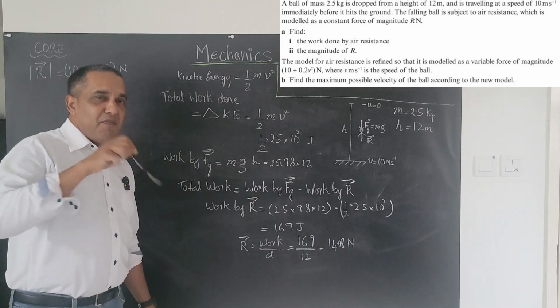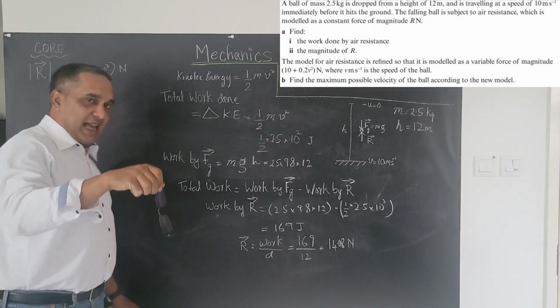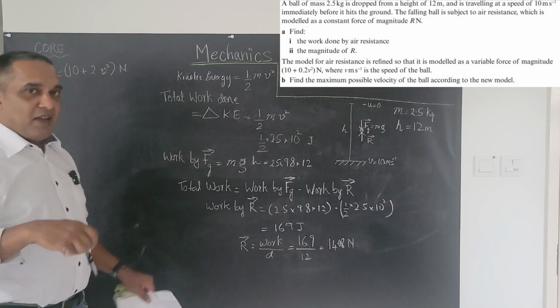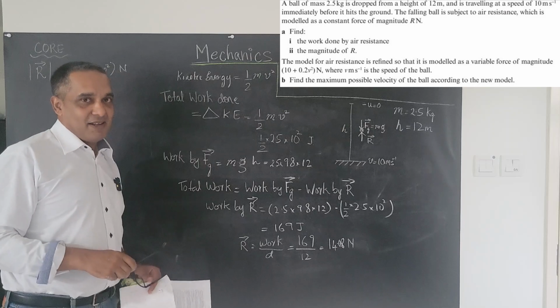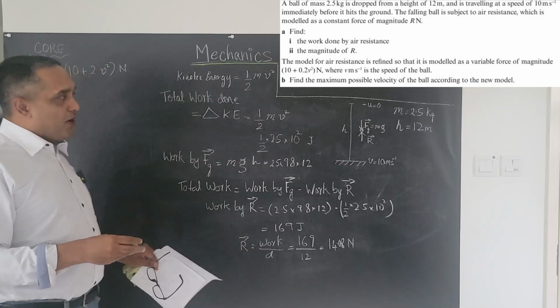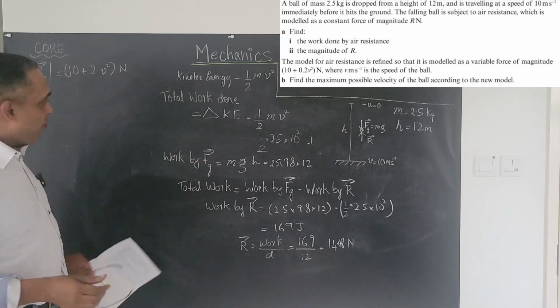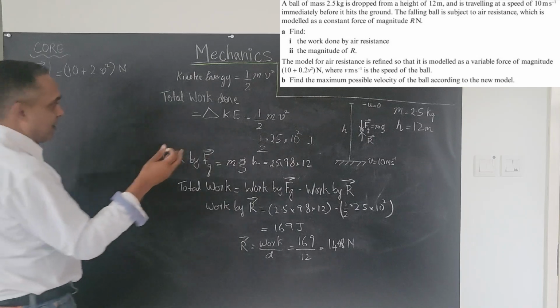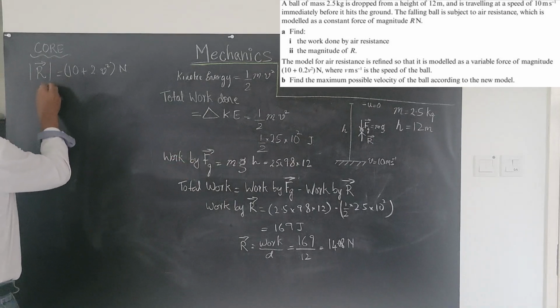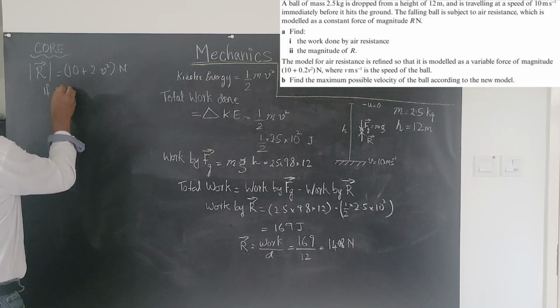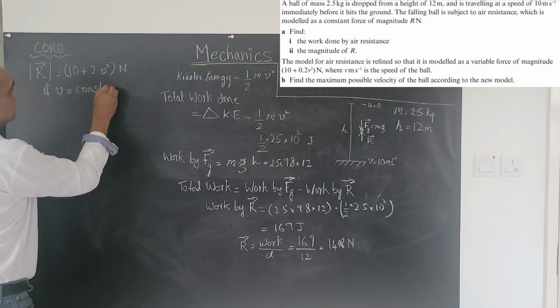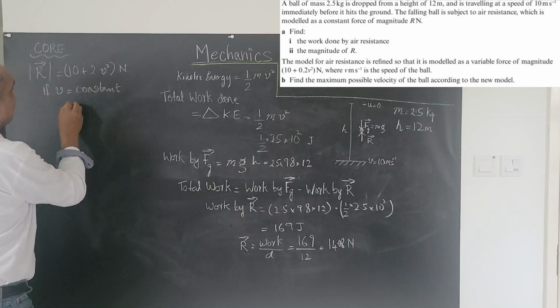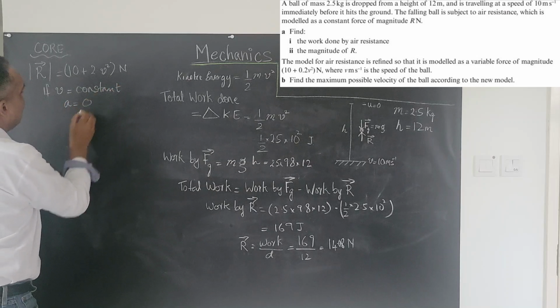A maximum possible velocity means acceleration is 0, which means there are no more net forces acting on it. So the sum total of all forces becomes 0. If you did that, what does it mean? It simply means if v is a constant, a is 0,